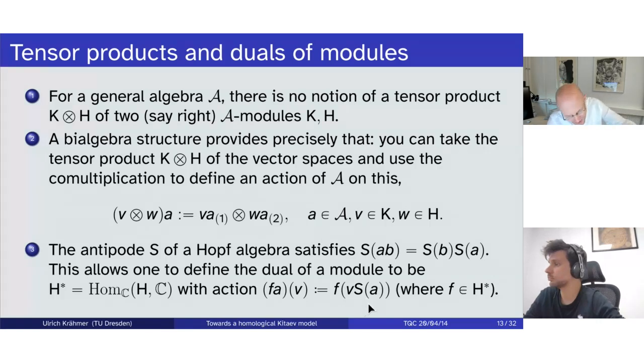But using the antipode, I can turn that again into a right module. And if I restrict to finite dimensional vector spaces, this will be a right dual in the sense of monoidal category theory. So I will have a right rigid monoidal category. And if that antipode is bijective, then with the same kind of formula, just with S inverse, I can also define left duals. So the upshot is a Hopf algebra with bijective antipode will have a rigid monoidal category of finite dimensional right representations. To have actual duals, I think I skipped that bit, the module should be finite dimensional